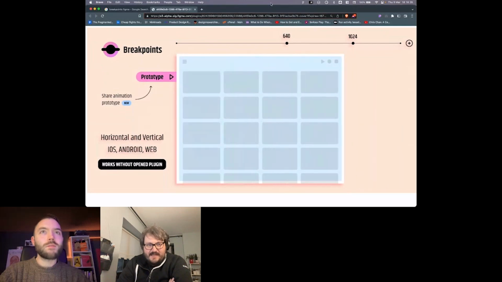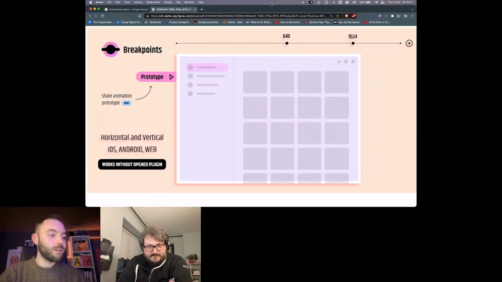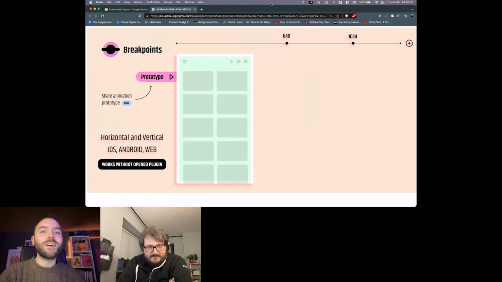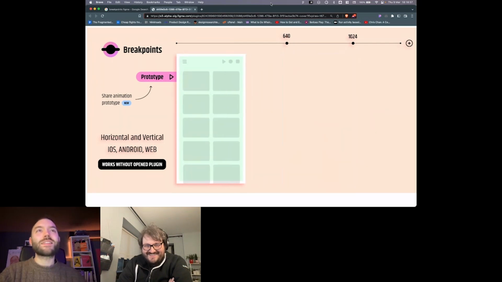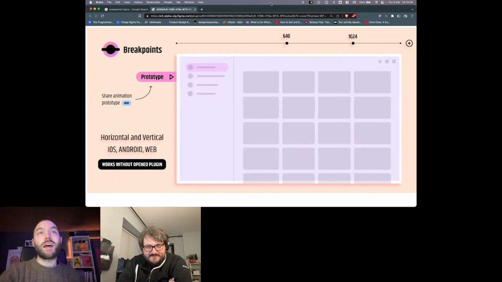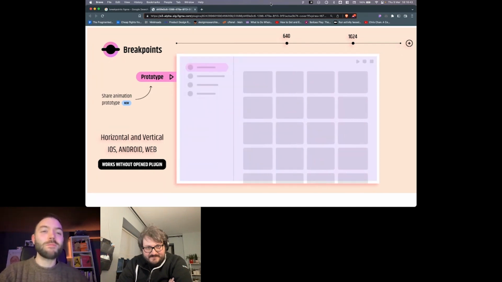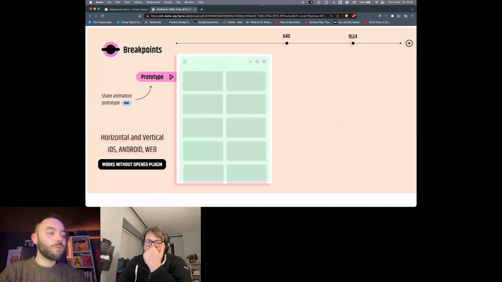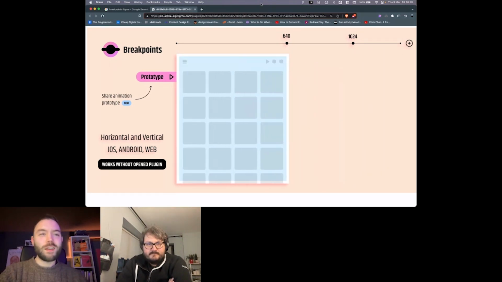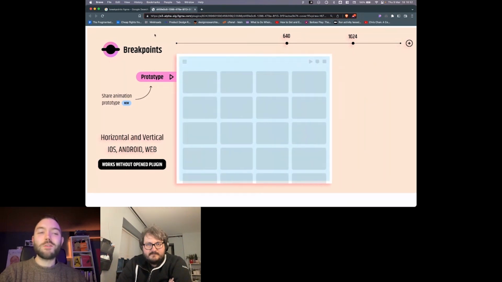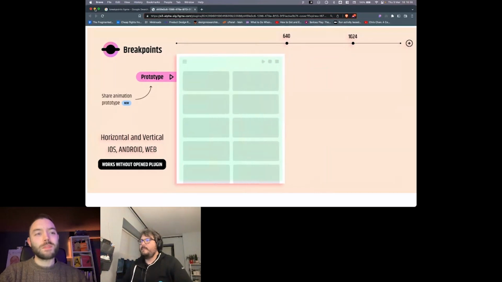But yeah, that's exactly what we're talking about. For those of us with access to a non-frozen screen, which I'm again sorry about, this is a plugin called Breakpoints that attempts to do this in real time in Figma. It does a really weird hack to make this possible that I don't fully understand. But it's a cool plugin, and as well as the grid thing we were talking about,